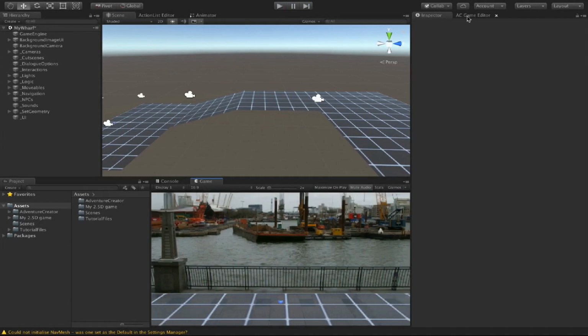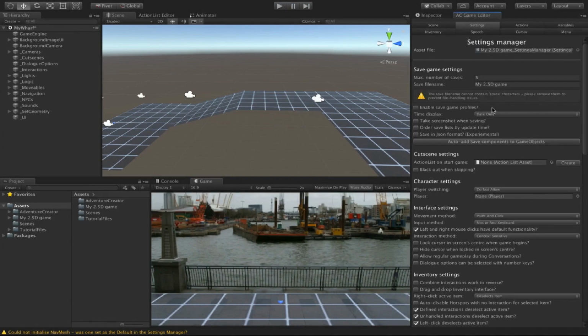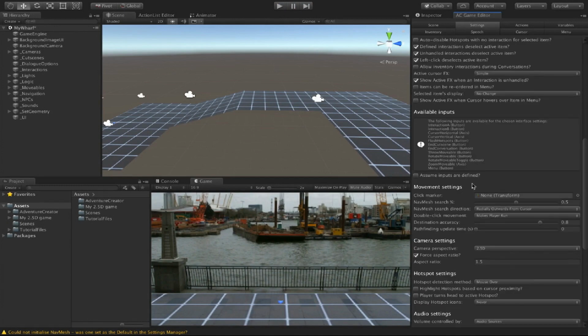Going to our AC game editor and then the settings manager, we can scroll down to camera settings, and here we have force aspect ratio checked by default for 2.5D games, and then our aspect ratio as a decimal is entered in as 1.5. So an aspect ratio of 16:9 in decimal form is 1.778, so that's what I'll type into the field here. And if we now play the game,